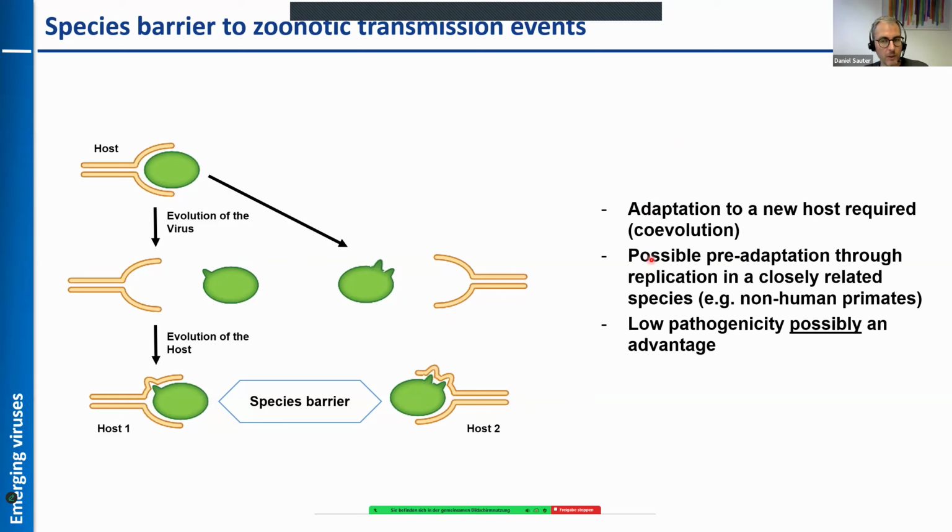What you may also keep in mind here is that some viruses may be pre-adapted to the human host, especially if their natural host is a species that is closely related to humans. So let's say a virus that is circulating in chimps, in chimpanzees. For this virus, it may be easier to jump to humans because chimpanzees are our closest relatives. And a virus that infects cats, for example, may have a larger barrier to overcome because cats are much different from us.